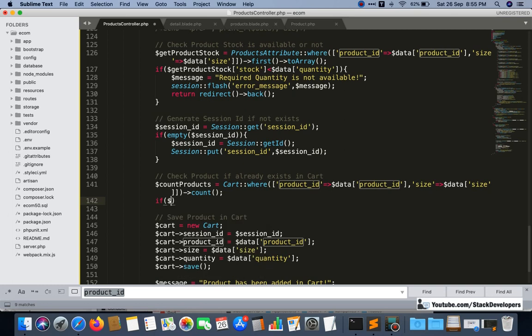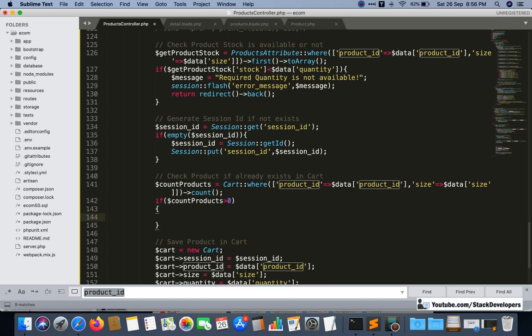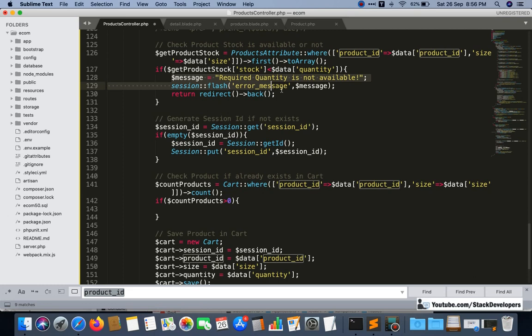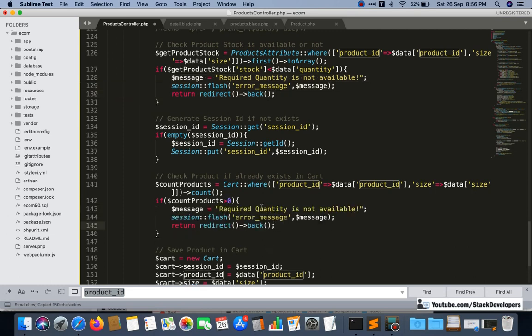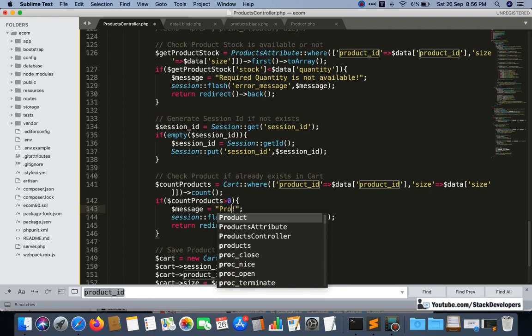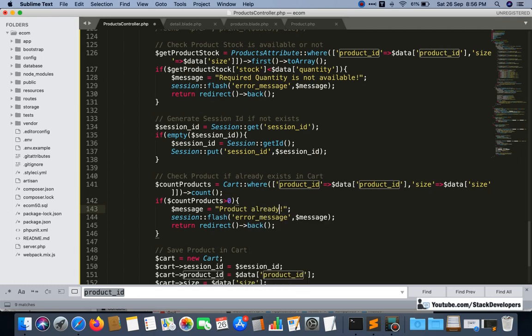If $count product is greater than 0, then it means this product is already in card. So here we will show the error message once again. I can copy like this, only the message will change, and the message will be: product already exists in card.